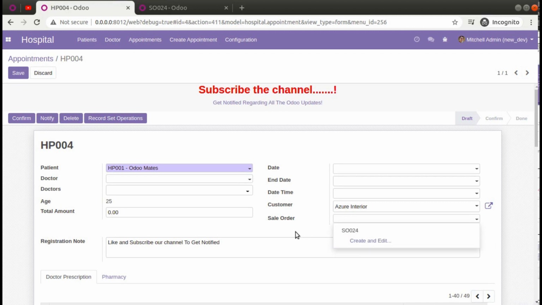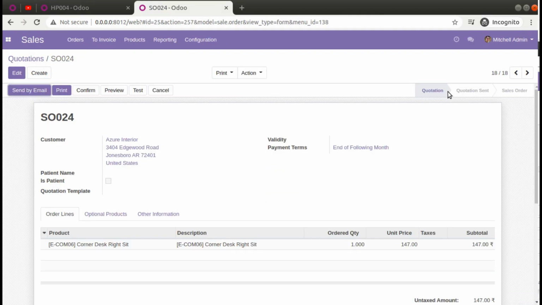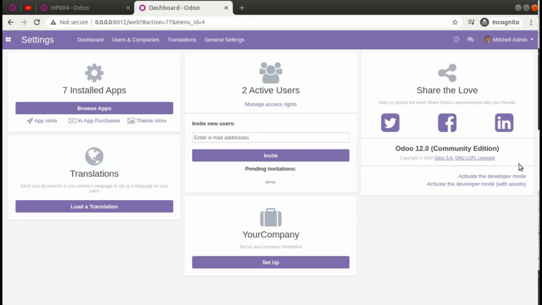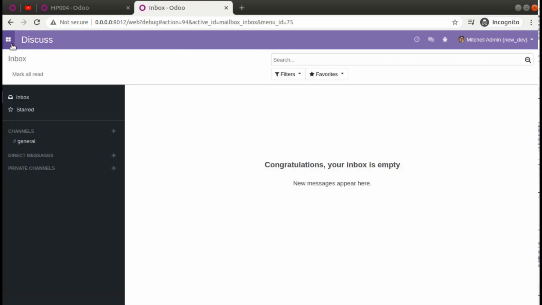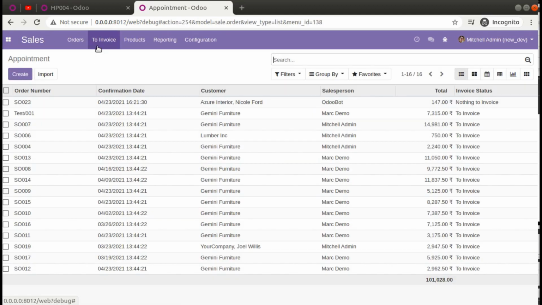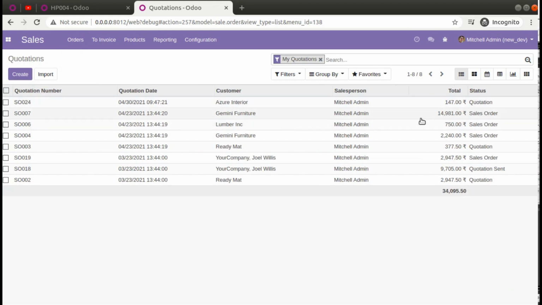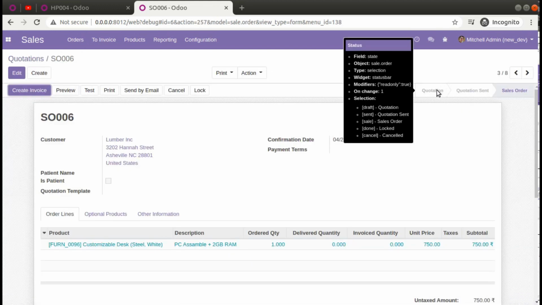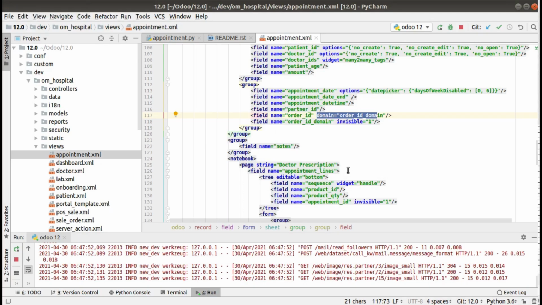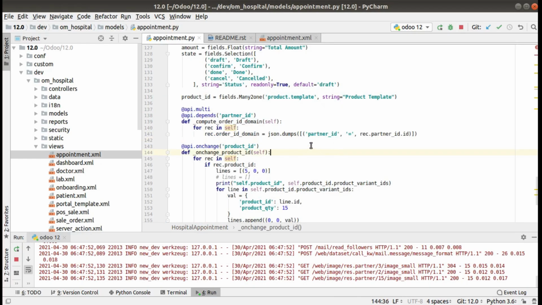Suppose we take one more case. I need to show only quotations, that is records in draft state. So let me just activate the developer mode, sales, orders, new quotation. I need to show only quotation state, that is the draft state. So you need to add one more domain. Simply you can copy like this.